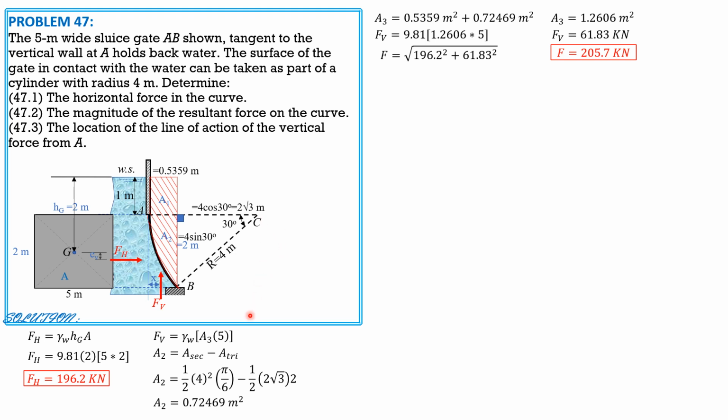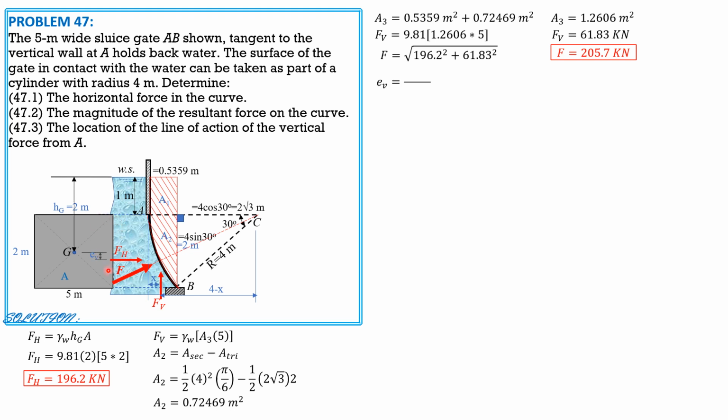Therefore, the moment arm of FV from C is 4 meters, or radius minus x, as shown. So that's F. If extended, its line of action passes through the center of the circular arc, and we use Varignon's theorem to solve for x. So this is 4 minus x, and the moment arm of FH from C is equal to 1 meter plus